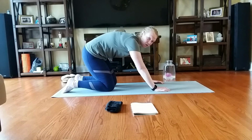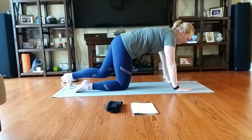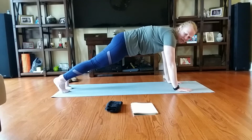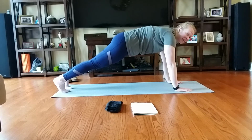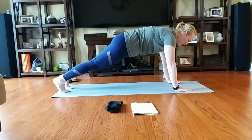Now it's time to kind of choose your own adventure here. So I'm going to do long arms, shoulders down the back, reach one leg back and the other leg back, hitting my plank. And I'm just sneaking a quick peek at my notes. We have 3 planks at this part. So we're going to do a regular plank, then we'll have mountain climbers, knee to the same elbow, and then we'll do hydrants